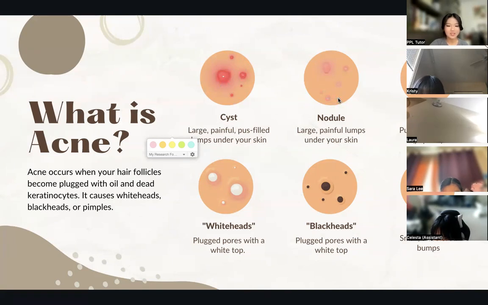And then we have our nodules. So these nodules are large, painful lumps underneath your skin. Generally, these nodules tend to develop into what we'll call pustules. These nodules don't really have a white tip. They don't really have that white liquidy substance inside it. It's just pure inflammation, very, very painful. And if you have a nodule on your face and then you press down on it, it's gonna move a lot. It hurts a lot, and then there's a large area underneath it that also hurts. So that's what a nodule is. These are also pretty difficult to treat. They can stick around for a week or two before they go down.